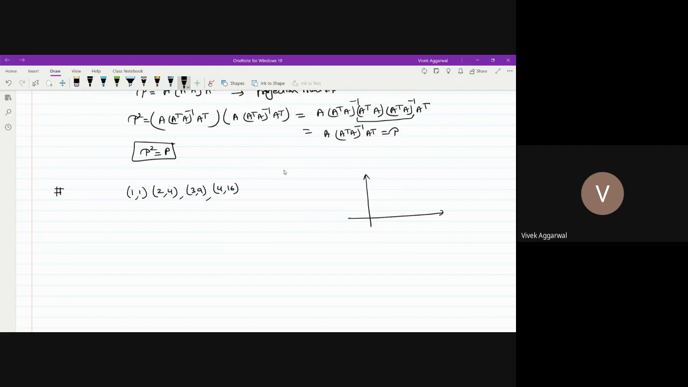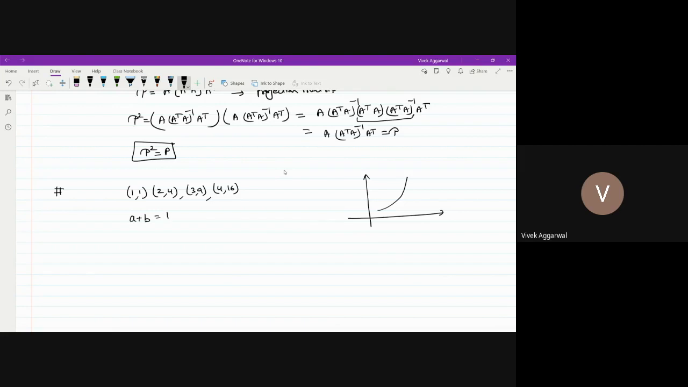So you can see that I have chosen points which are not on a line. Basically I have taken the square. So if you see (1, 1), (2, 4), I have taken points lying on y = x squared. So now if you take a line, I just take A plus B,